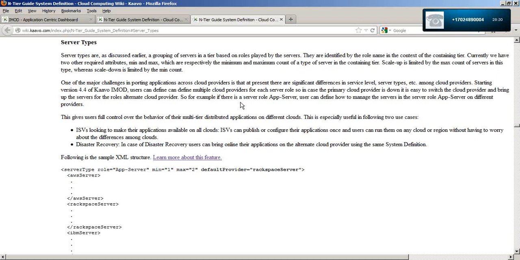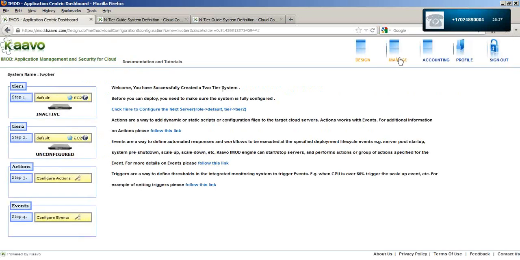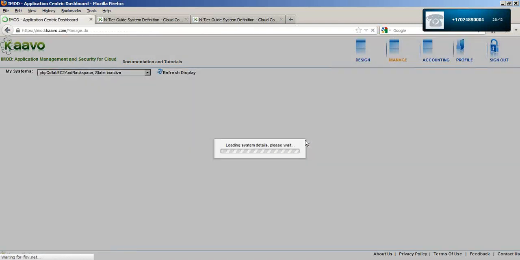That's a good question. So adding new provider is allowed in the configuration page under the design page. So we have to move the system to there. To do that, export your system by clicking on the export system button in the definition tab. Let me go to the manage page.